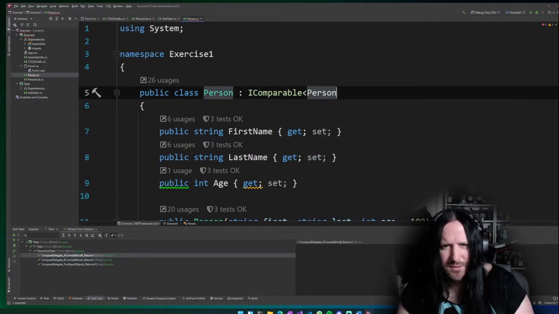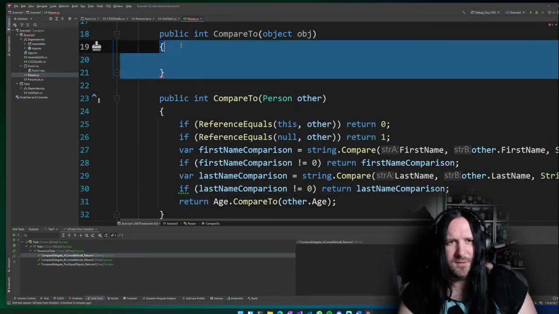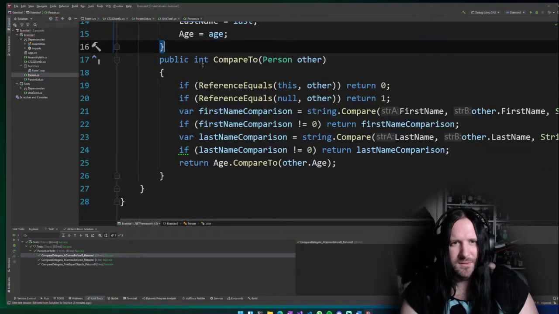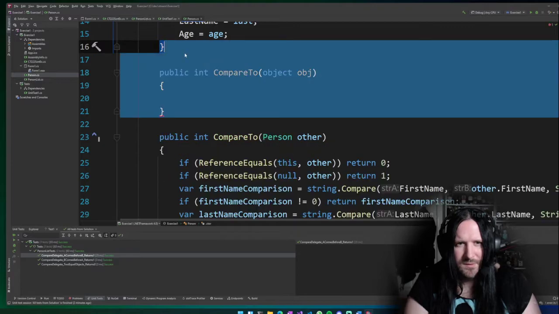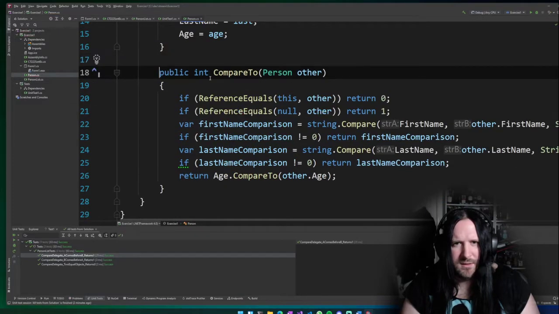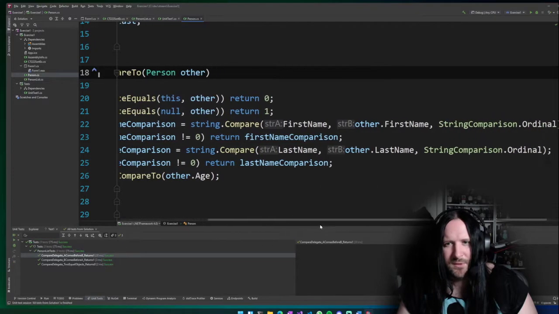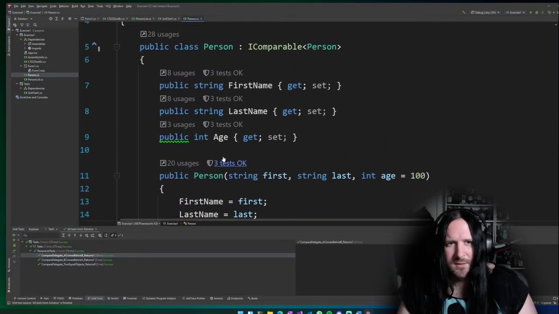Can you make this generic? That is valid, isn't it? There we go. It even implements compare to. Right, so I suppose all we need to do here is, well, let's leave that. Okay, compare to person other. That seems quite easy. Thank you, ReSharper, for doing my homework for me. And now what I need to do